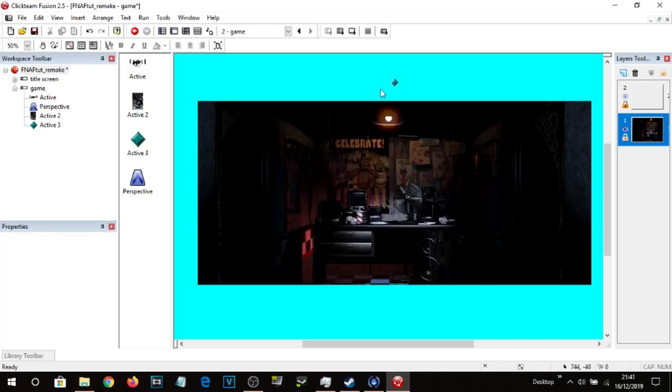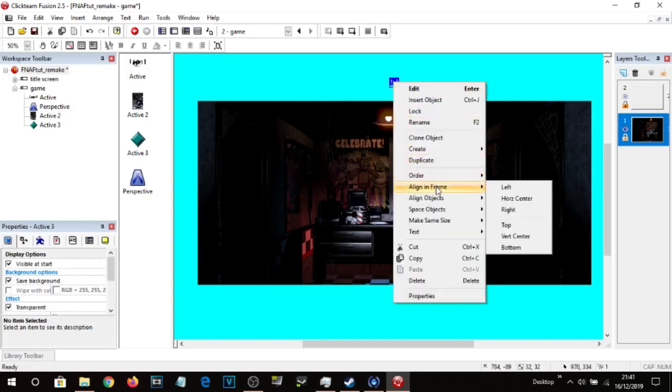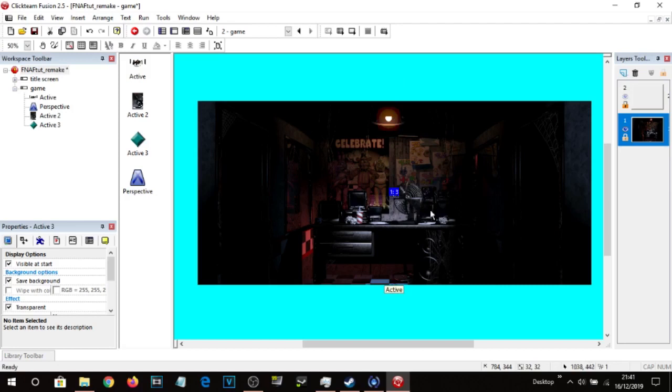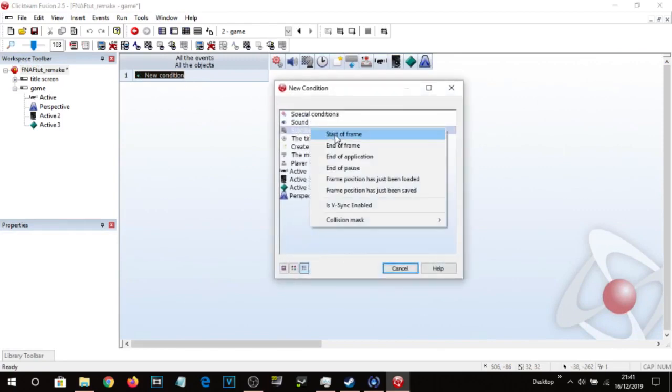Okay. It's not what I was expecting. Okay, align in frame, vertical center. Okay, so. You know what? I'm actually going to put that over there, and then I'm going to say start a frame,